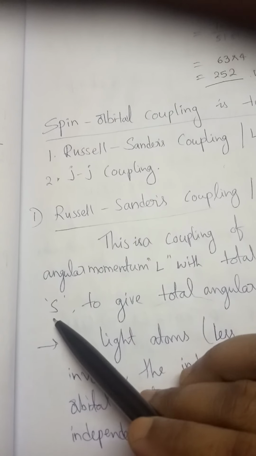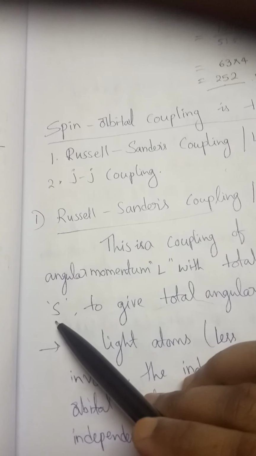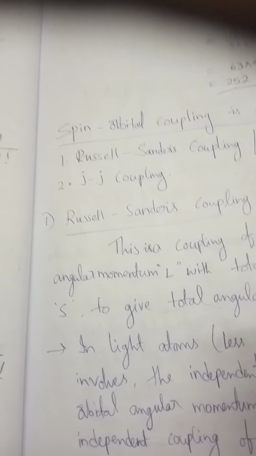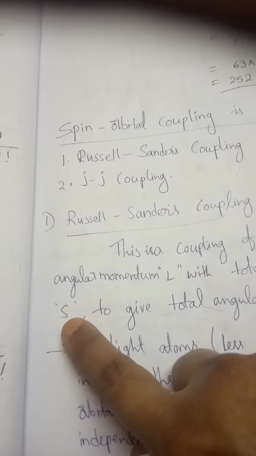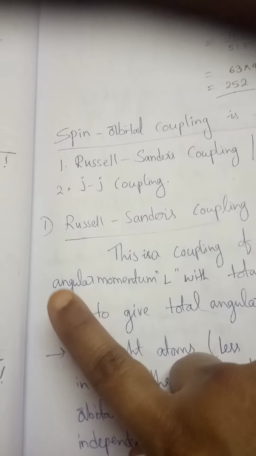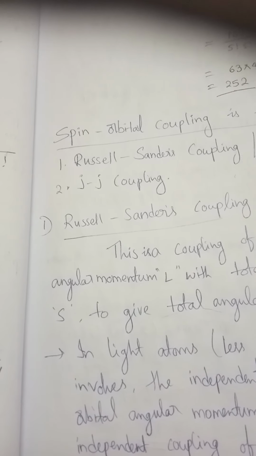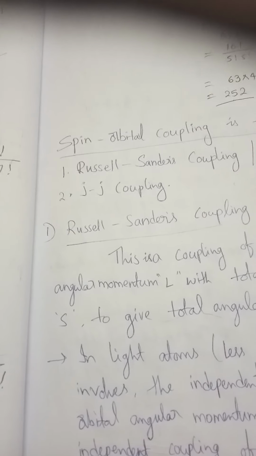So for example, for a t2 configuration, we fill it with electrons, so half plus half, and the S value of the particular orbital is 1. Again, the L value you can calculate based on the orbital quantum number. You can total them, and L plus S is nothing but the total angular momentum J.